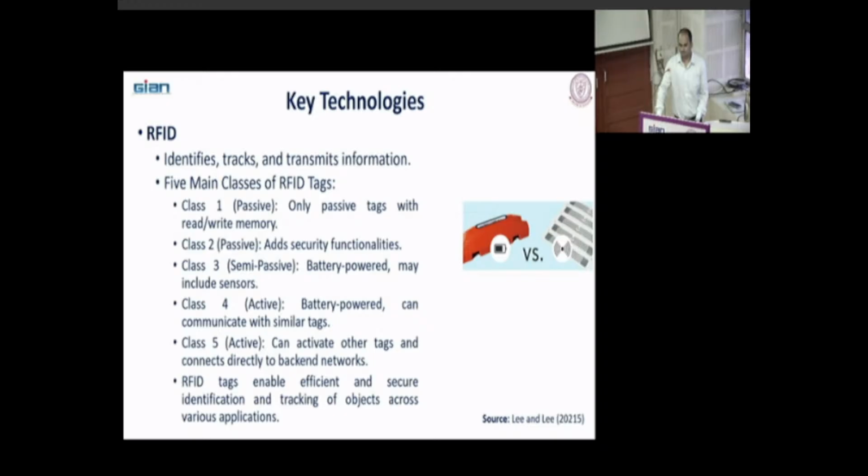Okay, we'll continue. Welcome back, students, and then we are going to continue our discussion on IoT technologies. We talked about the RFID. The purpose of RFID is to enable efficient and secure identification and tracking of objects across various applications. Suppose if you don't track where are your products, where are your trucks in your supply chain, so you cannot take the data-driven decisions, or you cannot plan things accordingly.